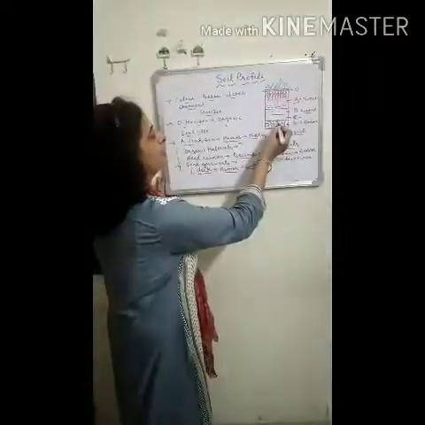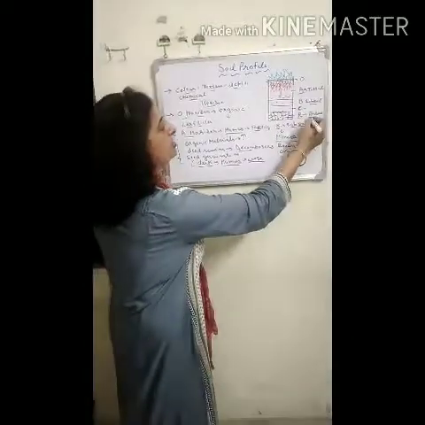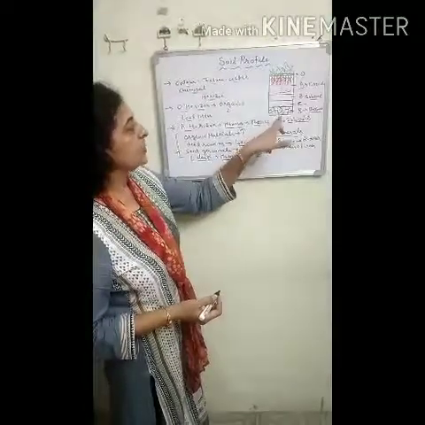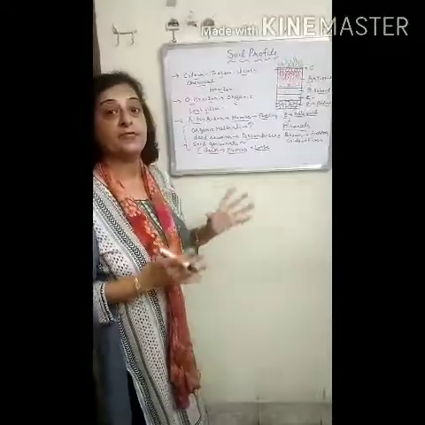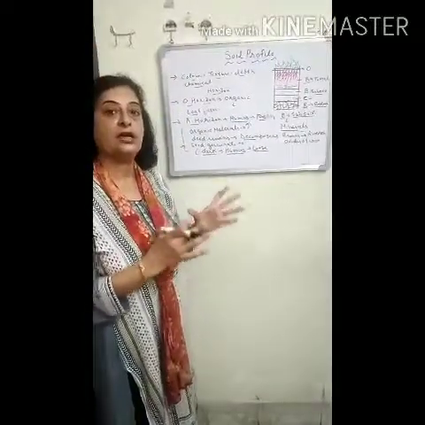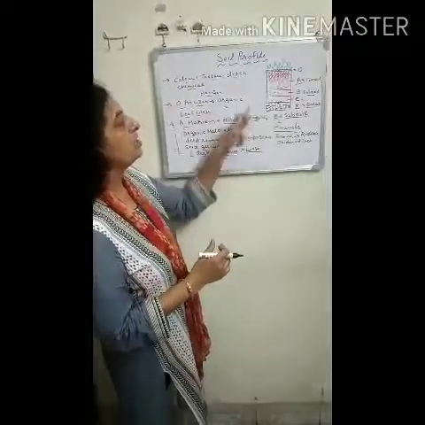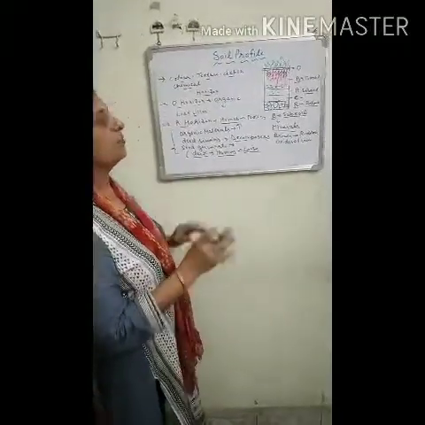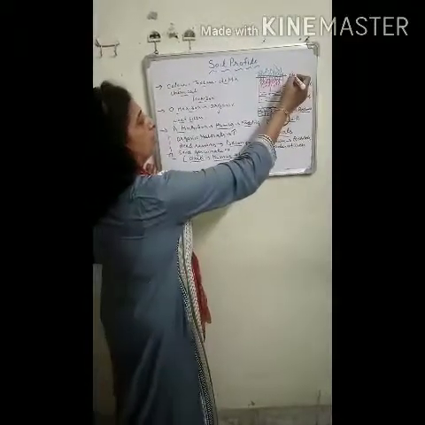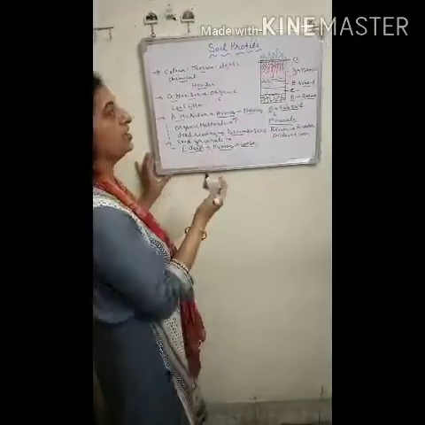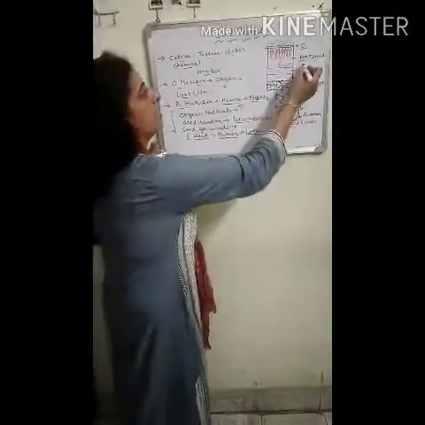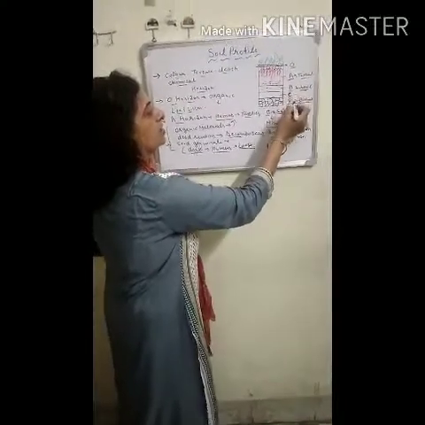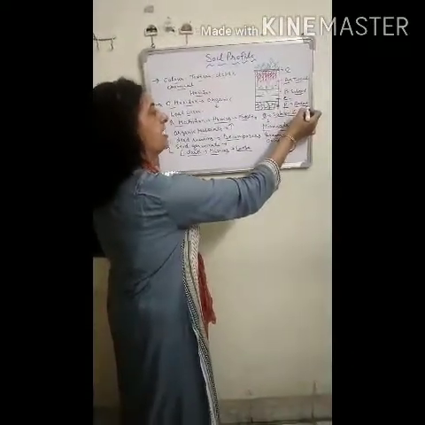Now the last layer of the soil is the R horizon, or the bedrock. This layer is made up mainly of unbroken, big rocks, and it is found beneath all the other layers. So the soil profile is made up of 5 layers: first the O horizon, which is rich in life; the A horizon, topsoil; the B horizon, subsoil; the C horizon; and the R horizon, the bedrock.